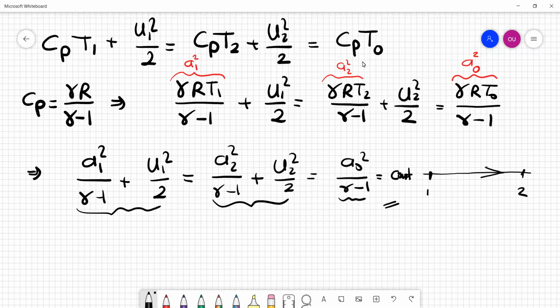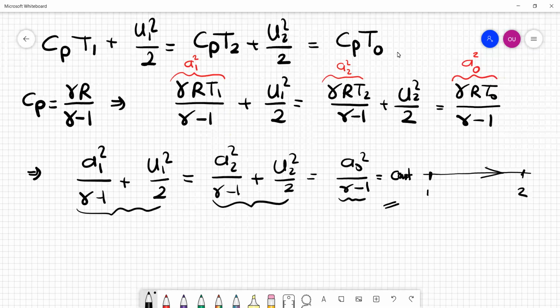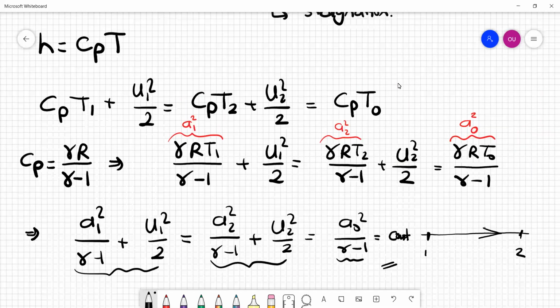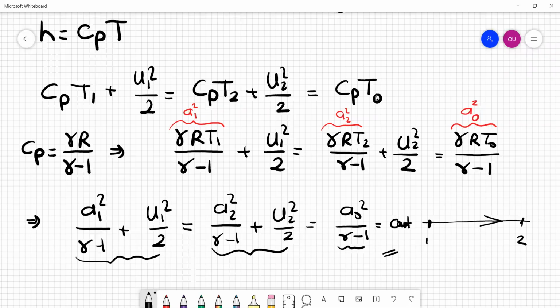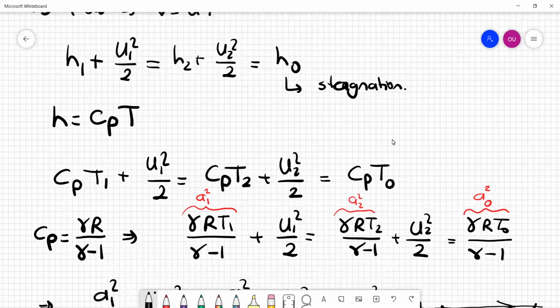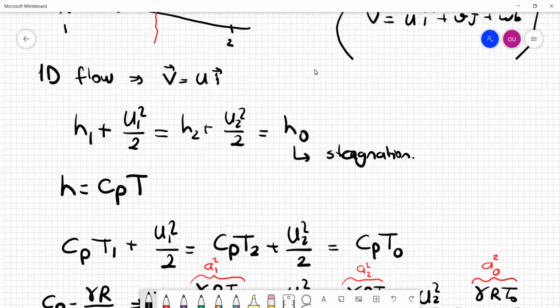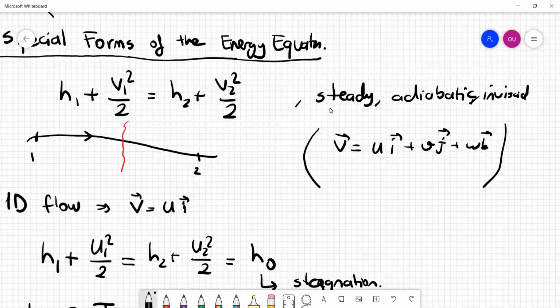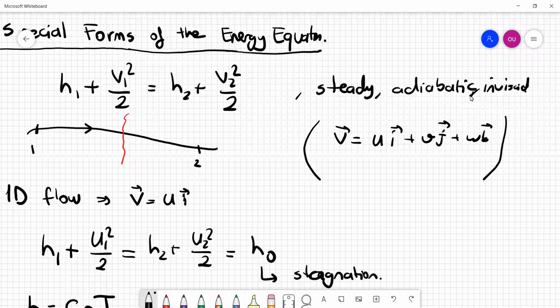Now, of course, the energy equation is important, and we have actually seen the energy equation, which was basically along a streamline. Let me remind you of our conditions: a steady, adiabatic, and inviscid flow along a streamline from point 1 to 2. I mentioned this last time as well: regardless of the fact that there could be a shock wave or no shock wave,